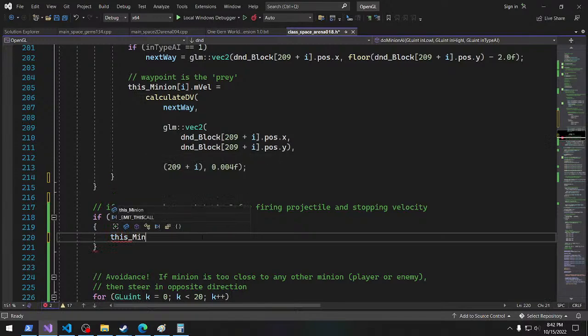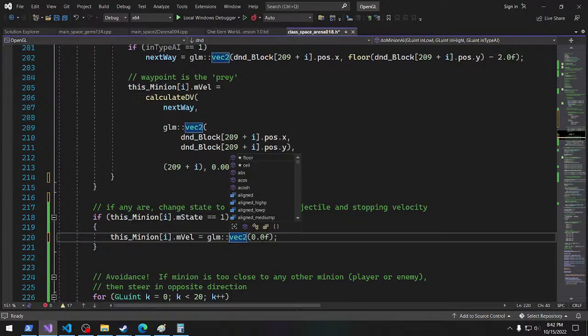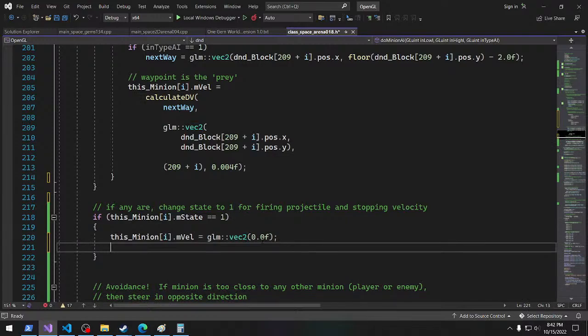This underscore minion dot m velocity equals vector 2 0. And then let's get the projectile. For now, well, actually,